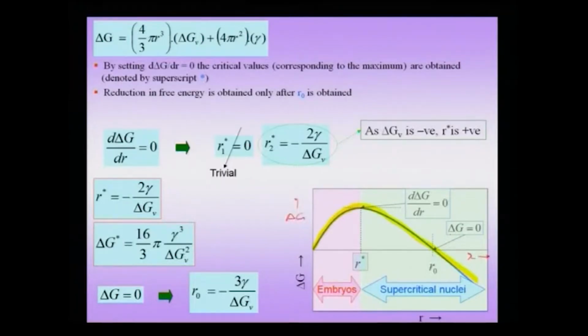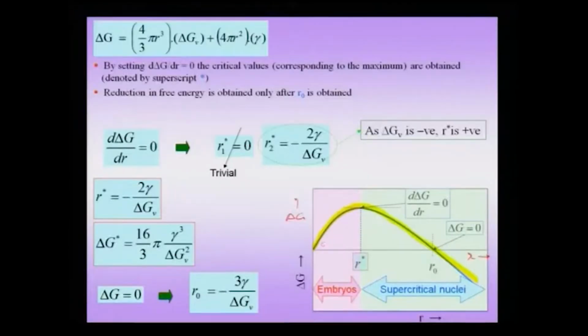And now this implies that if I form a small nucleus, and now I am talking about a phase transformation from liquid to solid, and I form a small nucleus of small radius r, then I see that the energy of the system actually increases over the liquid state. If I form an even larger nucleus, or an even larger solid phase, then there is an even larger increase in the energy. If I go to even larger sizes,